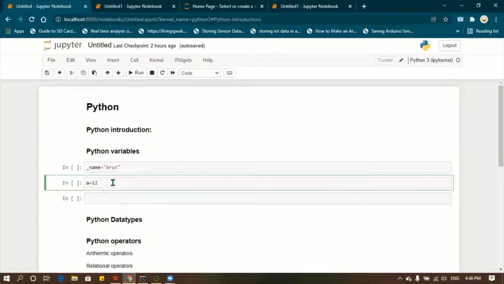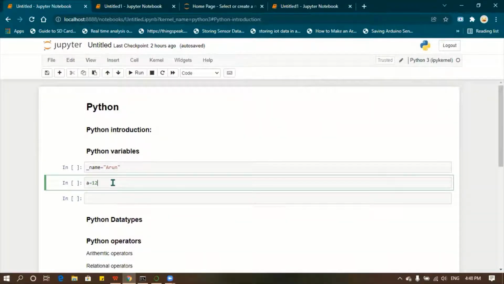Think of how we name a newborn baby: you carefully choose the name. So treat your variable as a newborn baby. Carefully choose the name so that even if you see the program after 6 or 7 months, you will be able to understand what you declared that variable for.